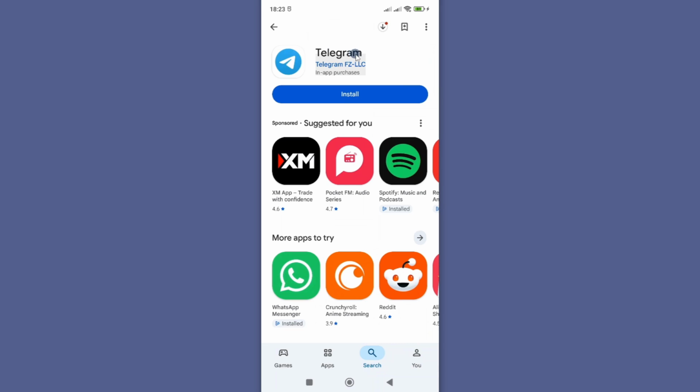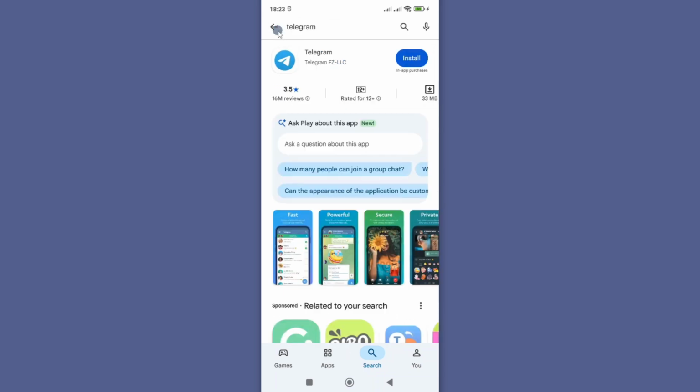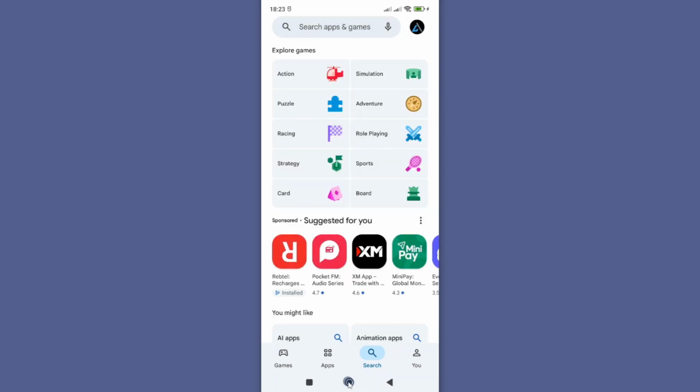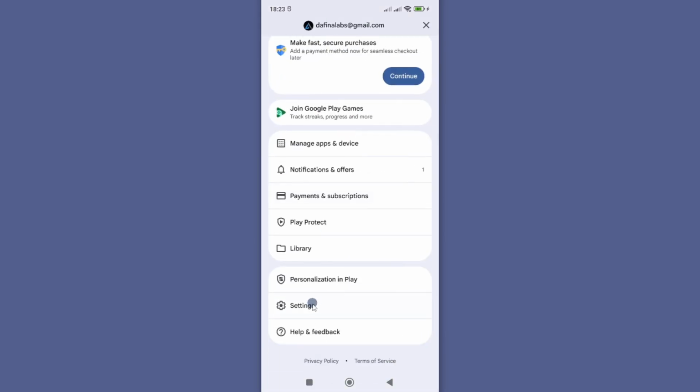Alright, to fix this error on your Telegram app, first you need to go back to your Google Play Store app and open it. From here, make sure you are logged in with your Gmail account before you proceed. However, if you are still unable while logged in, then tap on your profile icon here and scroll down to